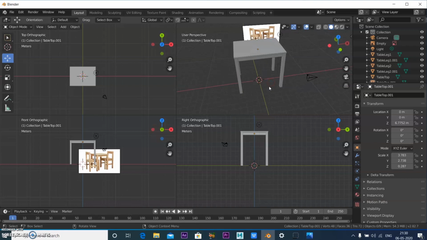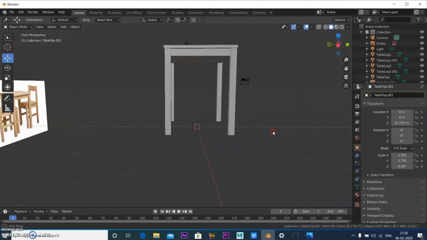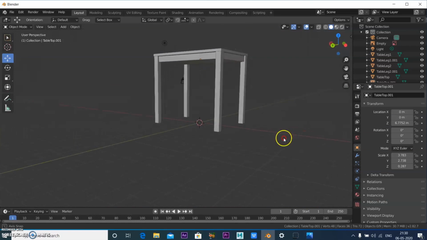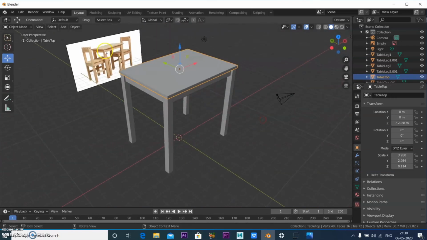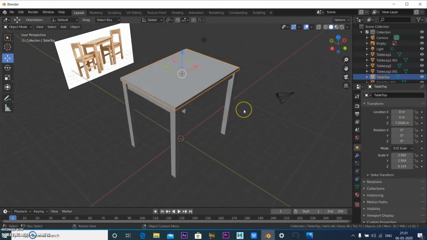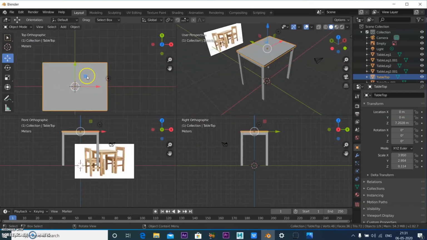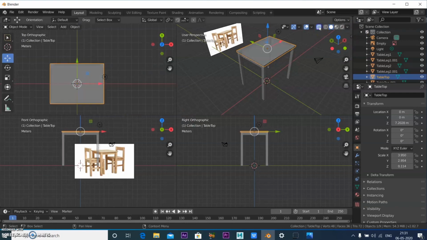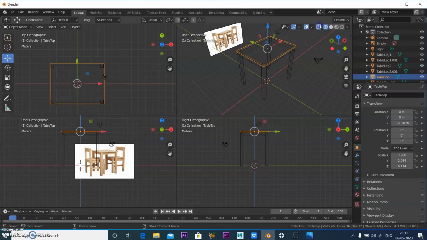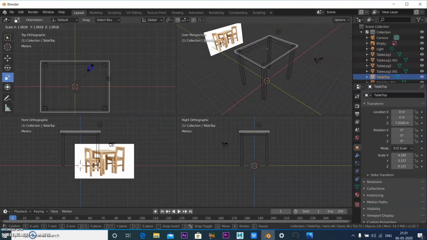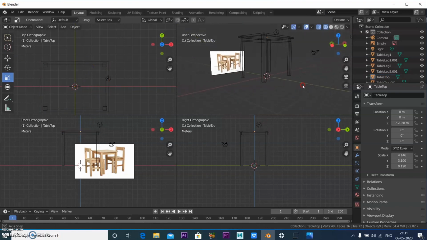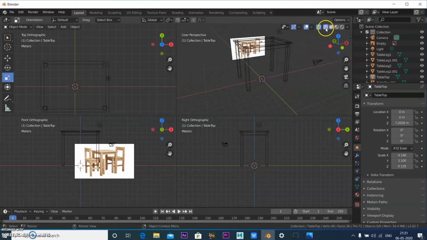Okay, so you can always modify the shape of this anytime. So we have this now. If you feel that this has to be a little bit bigger, you can always scale this. You can just go to top view. You can just go to shading, wireframe or X-ray. Now you can just scale it. Just scale in both directions or uniformly on all sides. So let's scale like this. I think this is fine. Okay, so we have made the table.